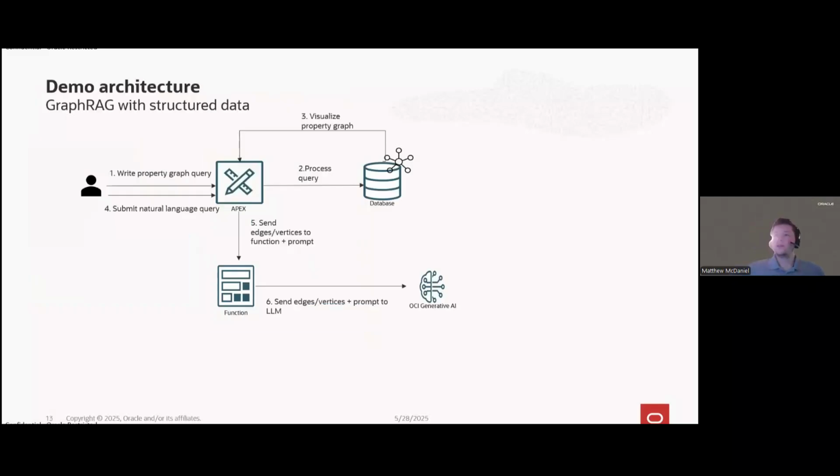Okay, the demo architecture. So what am I actually showing you here? The general flow of this demo will work as follows. The user will write a property graph query. This property graph query will be processed by the database and then visualized on the Apex application. Then the user will submit a natural language query,